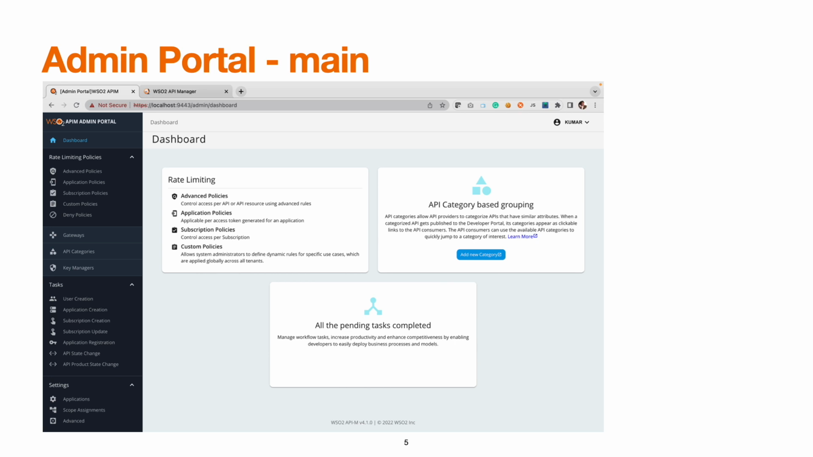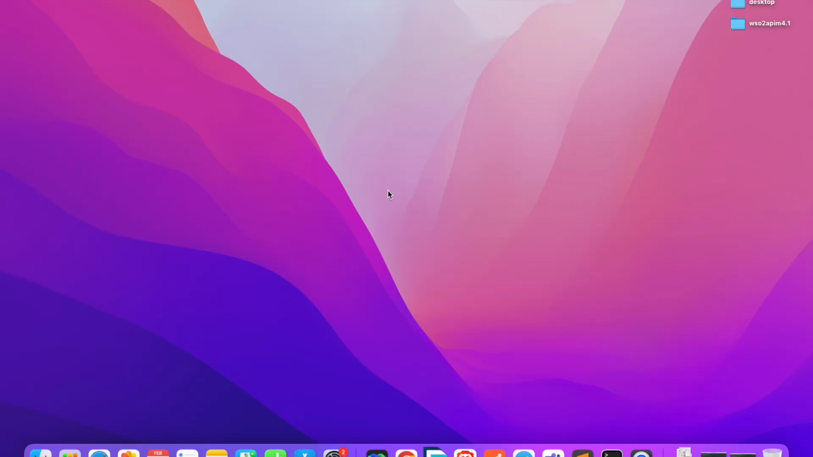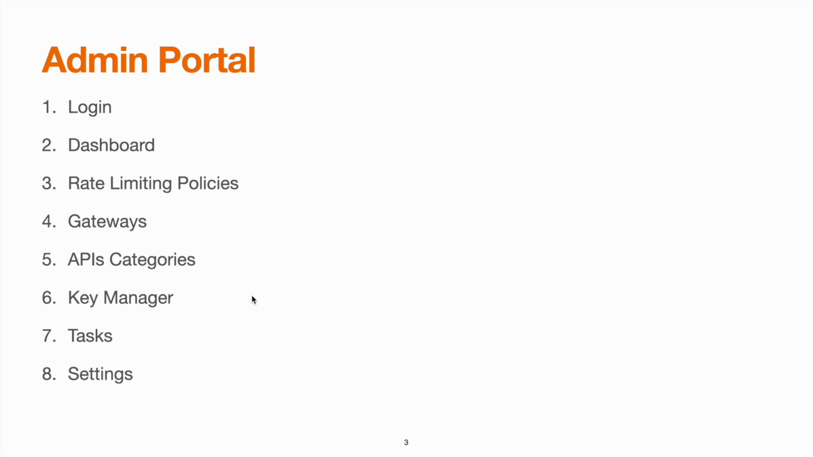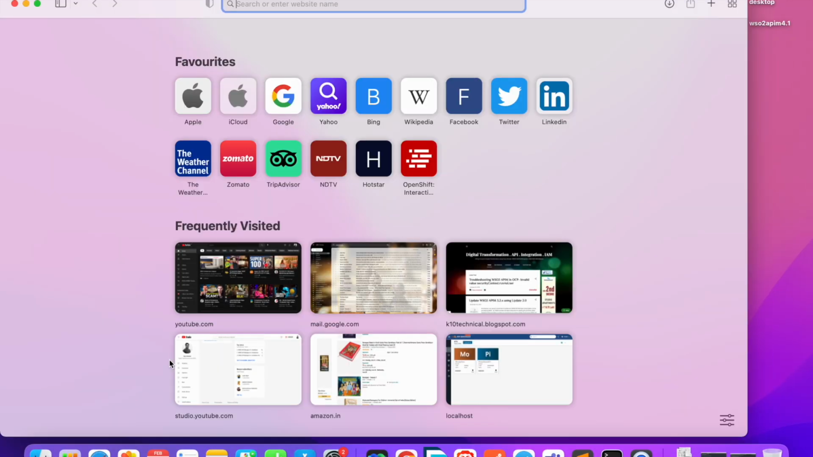So without taking too much time, let's jump to the demo to see how we can use those features of WSO2 API Manager admin portal. So in admin portal, we are going to cover these topics. Okay. So our API Manager server is already running. So we'll navigate to the browser,